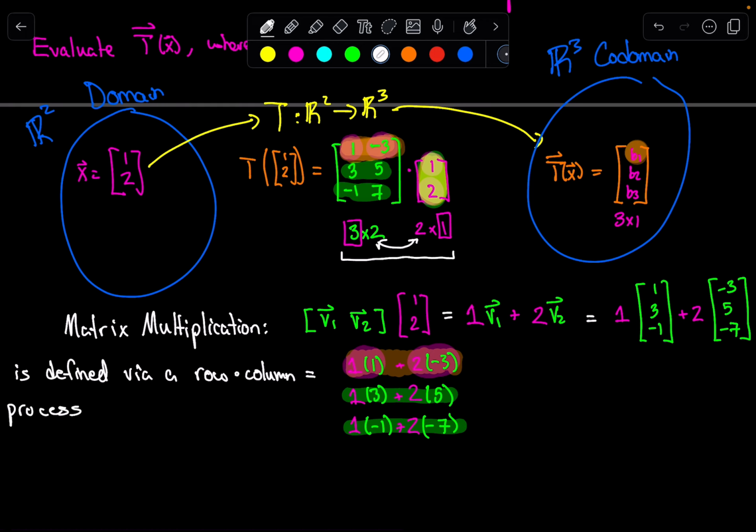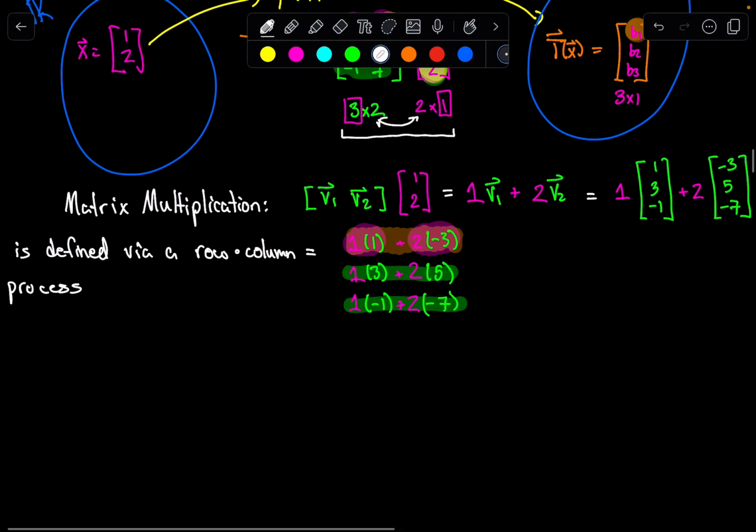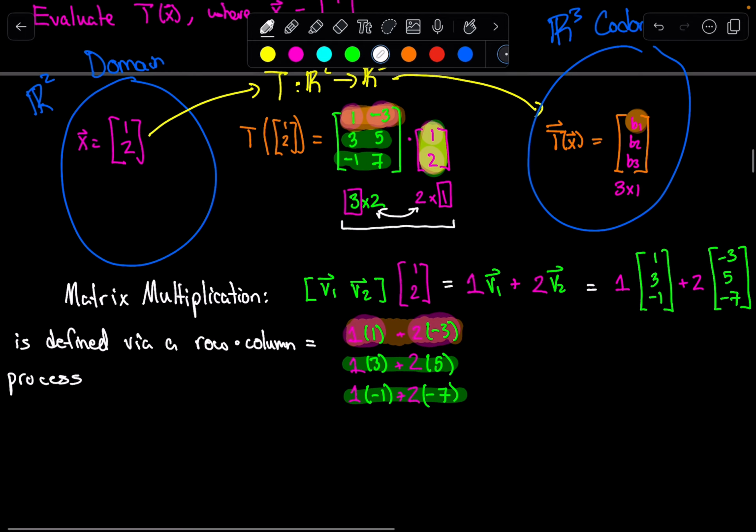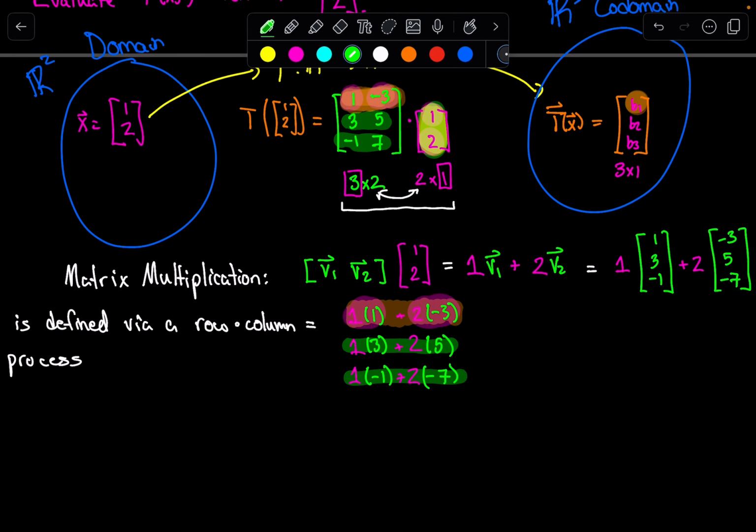There is actually a rigorous definition, and I may write it down in a future video. But the idea is that if we want to do a matrix multiplication, this is the way that it is defined. So maybe I'm going to do a brief example here of what would happen if I took this matrix 1, 3, -1, -3, 5, 7, and multiplied it by something slightly bigger, maybe a 2 by 2, which not only had 1, 2 in it, but maybe 3, 4 in it as well,